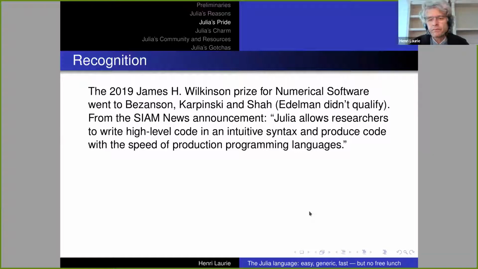The SIAM News announcement was willing to say that you get the intuitive syntax of high-level code. It doesn't mention interactive or dynamic versus static,